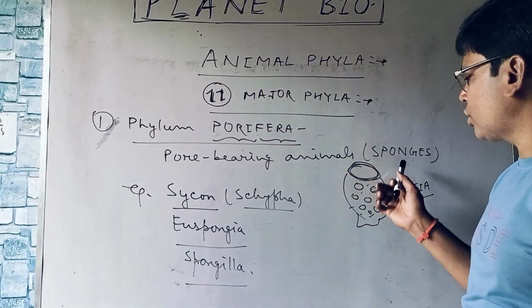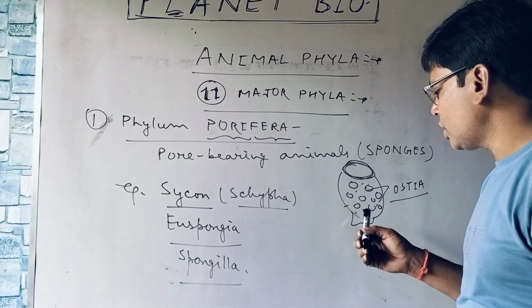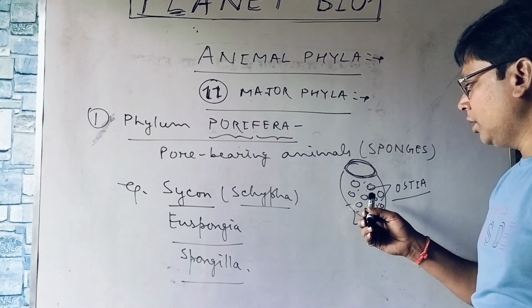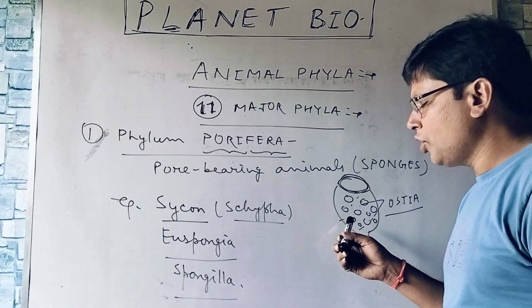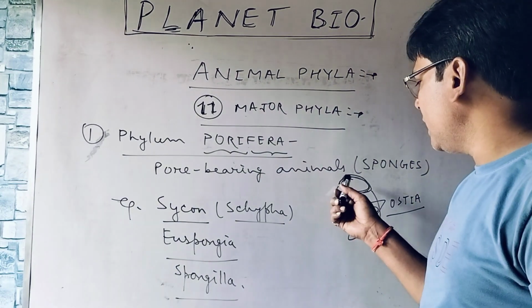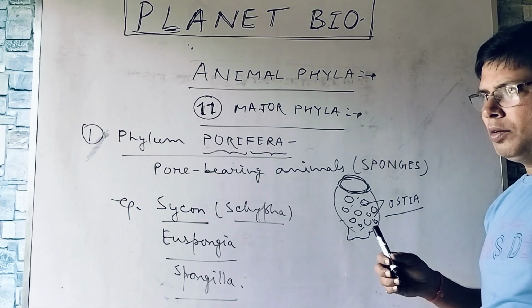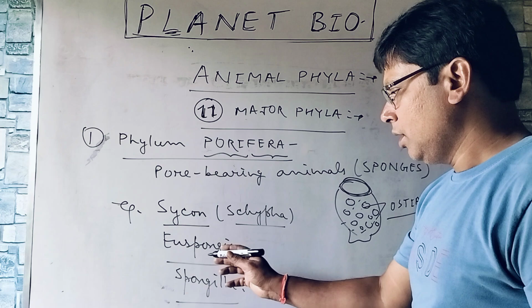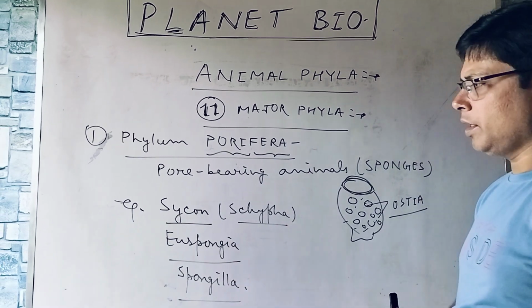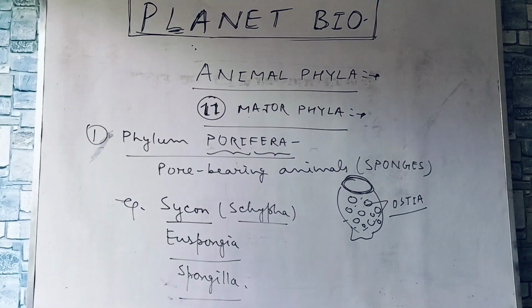Pore bearing animals, also called sponges. The pores are meant for entry of useful materials and exit of waste materials. And the example you can see, Sycon, Scypha, Euspongia, Spongilla, etc. Right? Now the next phylum is,